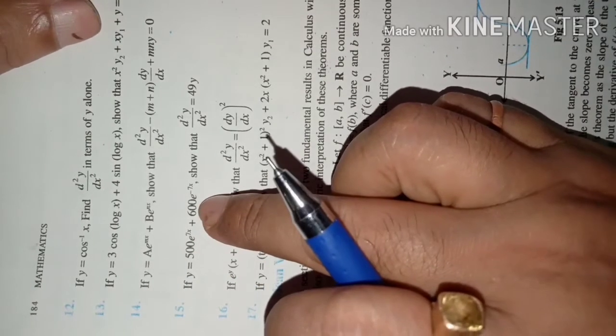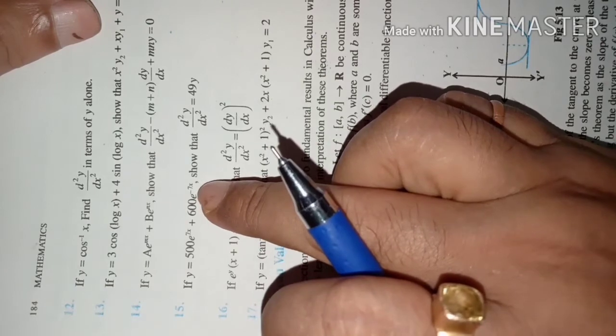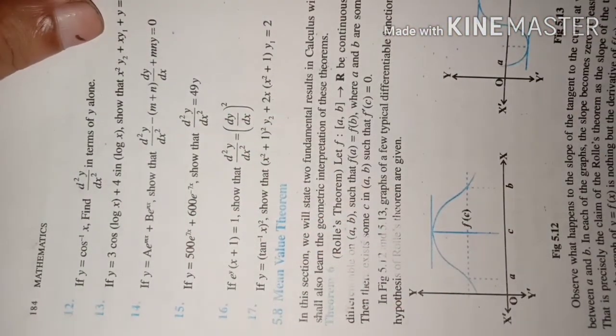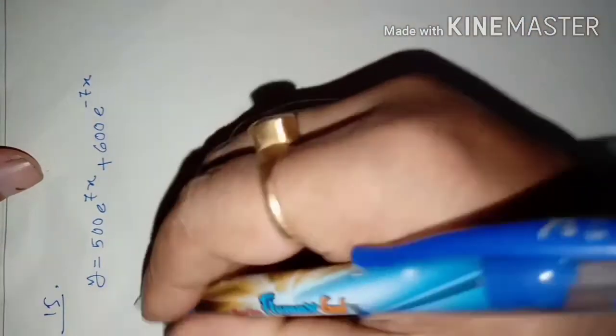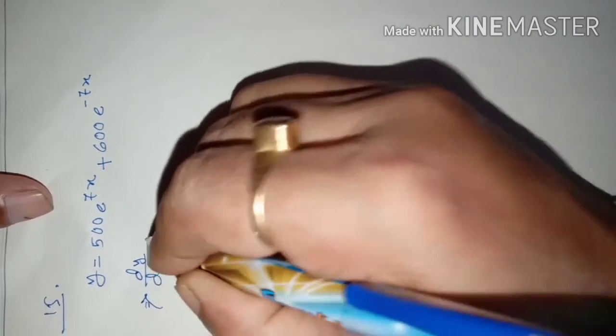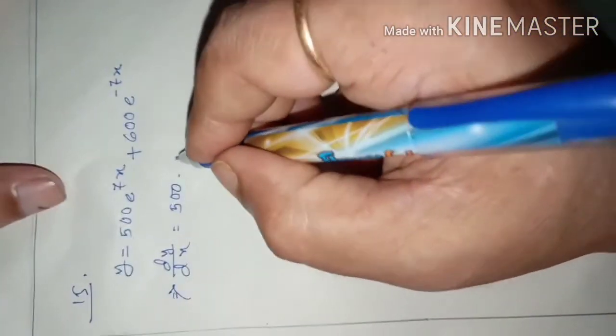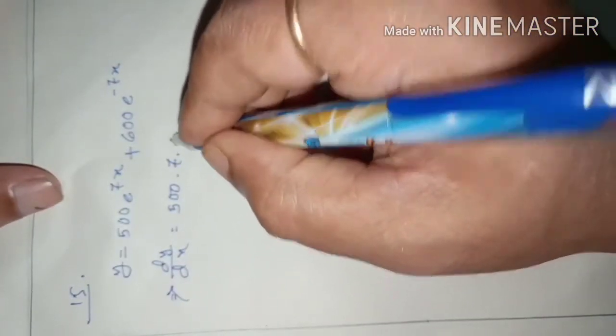Okay students, question number 15 is: y equal to 500 into e to the power of 7x plus 600 into e to the power of minus 7x, and I have to show that d2y by dx square is 49y. Let us see this question. So let us find out dy by dx here, which is equal to 500 into d by dx of e to the power of 7x, which is 7 into e to the power of 7x,